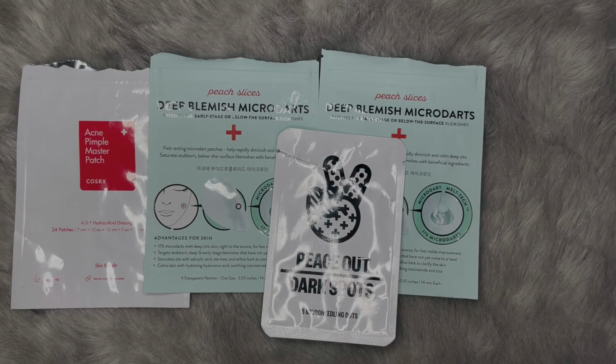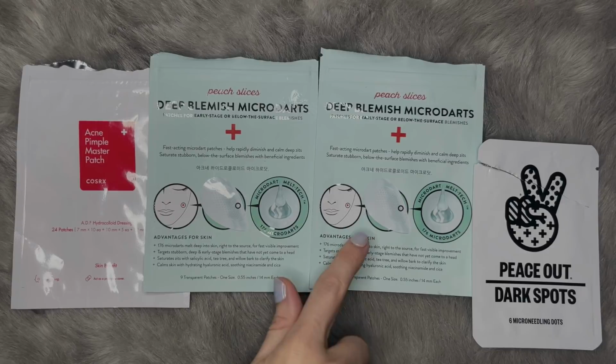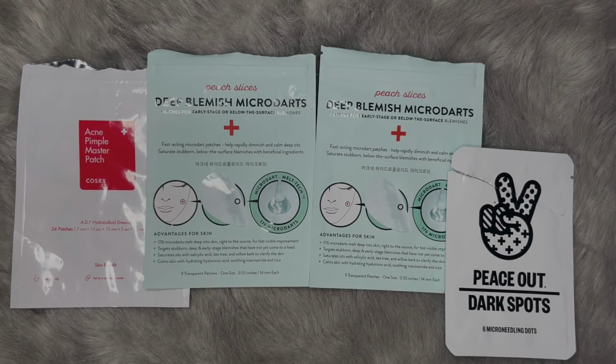I bought this from Peace Out for the dark spots. I feel like my acne spots have actually been lingering a lot longer than they used to. That's really frustrating me at the moment, but I'm not sure that this did all that much. I did notice that the reviews of those are a lot less positive than the blemished variety. So the principle here, you're getting these micro darts. They're dissolving micro needles that deliver into your skin ingredients like salicylic acid, tea tree oil. And so it's the same principle with the dark spots, but I just didn't feel like it worked as well